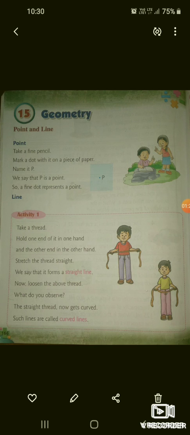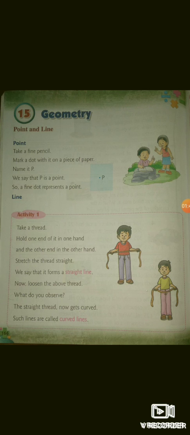Then come to the topic line. What is a line? This you can understand by an activity. The activity is given in your book, activity number 1.